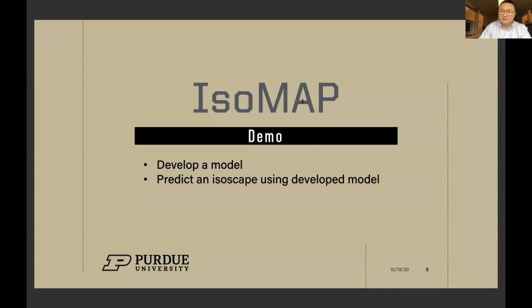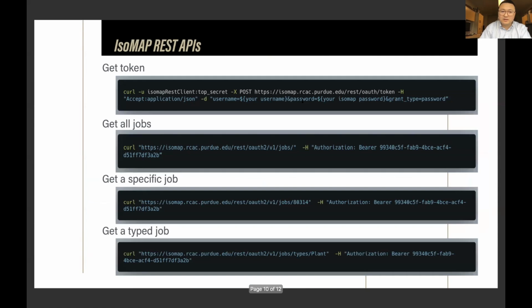Yeah, we also provided the REST API as well. So our model and the prediction map results can be pulled from outside by using the Isomap ID and password.